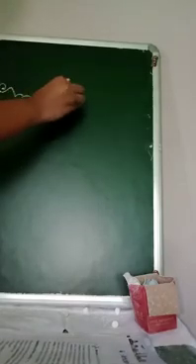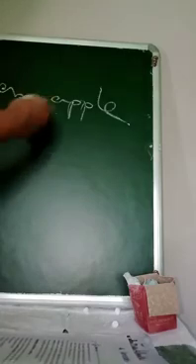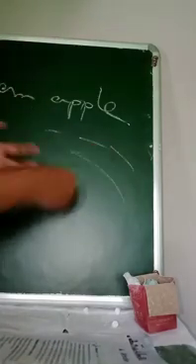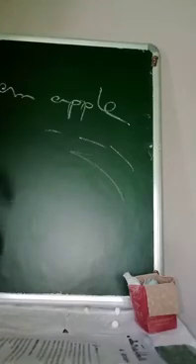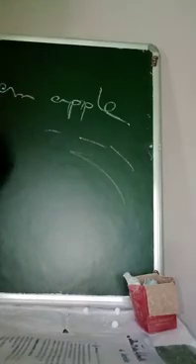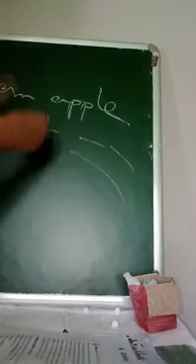So suppose an apple, right? We are not particularly showing which one. There can be many apples. For example, there are many apples, A, B, C, D, many. So we are saying an apple. That means one of them, one of the apples, right? It means indefinite. We are not sure which.